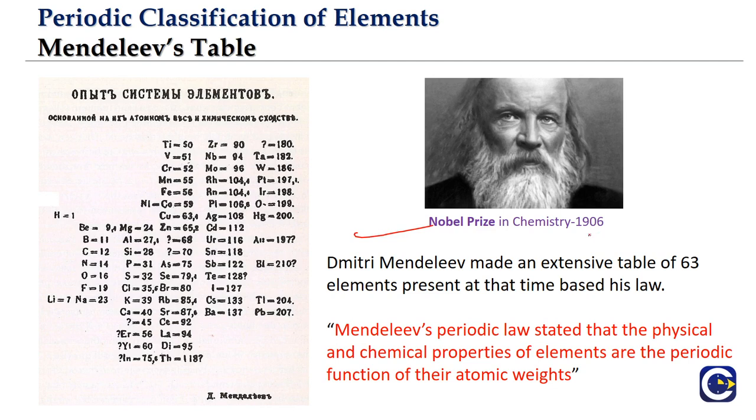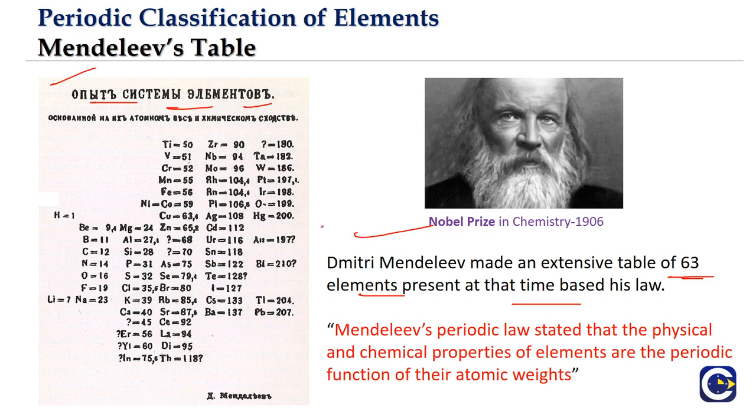So Dmitri Mendeleev created an exhaustive table with around 63 elements that were available at that point of time, and as newer elements were getting discovered, he kept on adding them by making some adjustments to the table. We'll discuss that also. As you can see here, this is the primitive version of the table, which is written of course in Russian. He was able to arrange the elements in the increasing order of atomic weight.